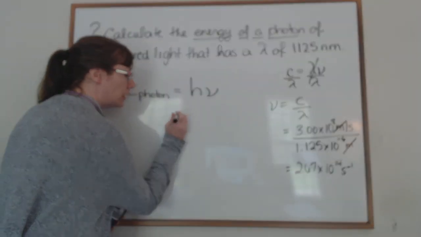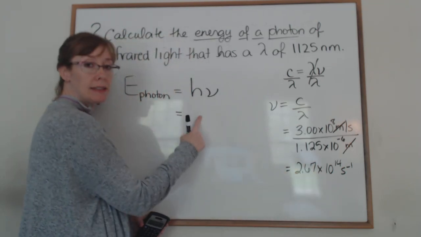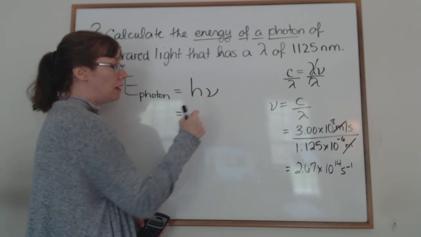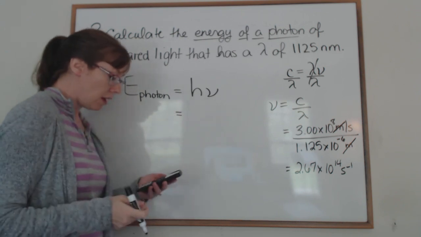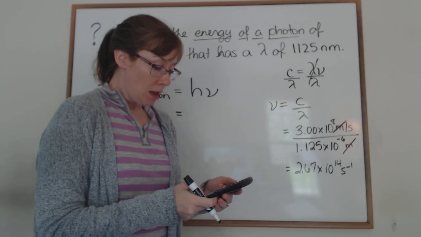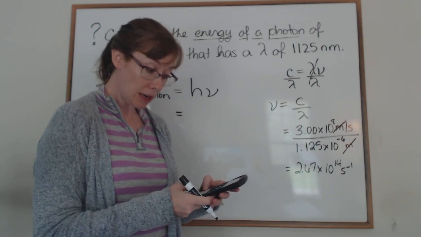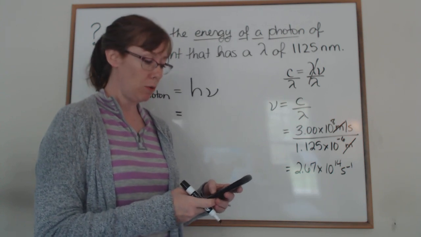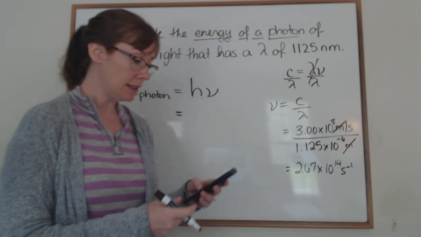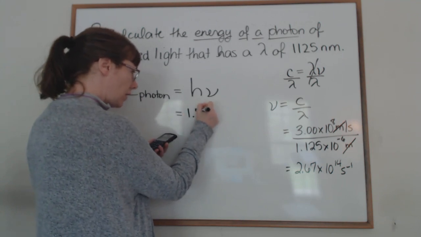And then to get the energy of a photon, we simply multiply that frequency times Planck's constant. And hopefully you wrote it down in your notes. I won't put it up again, but it's always the same number. 6.626 times 10 to the negative 34th. Make sure you do negative 34th. Joules times seconds. And that will give us the energy of a photon equal to